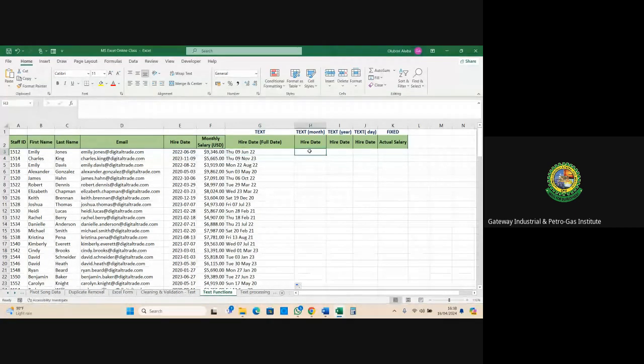And then let's say you want to extract only the month from this date. How do we go about that? Can someone guide us? You want to extract only the month from this date. Can you guide us on how to extract only the month? Yes, sir. From the equals to